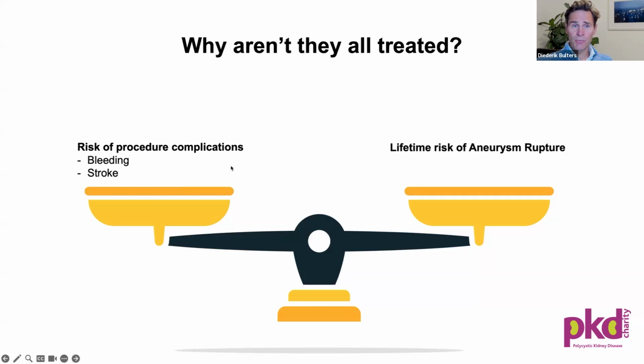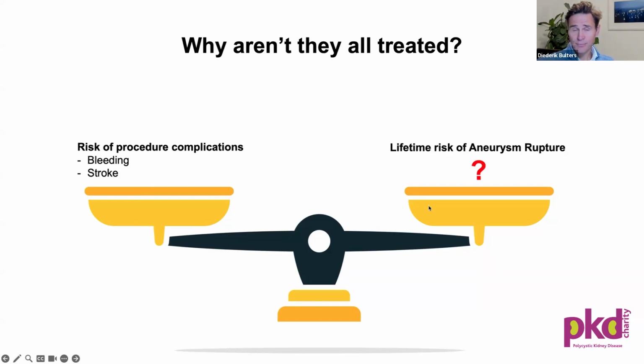And the risks of the procedures, while not bad, do still have some significant risks. And there is a risk of getting bleeding from the aneurysm or having a stroke during the procedure. So you want to be sure you absolutely need the procedure to go ahead with a risk profile that's about 5% risk of complication. And that's why quite a lot don't get treated. The issue is exactly which ones should we treat? And the struggle there is we don't really have a good grip on what our lifetime risk of an aneurysm